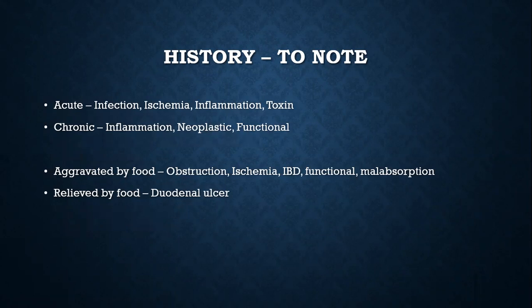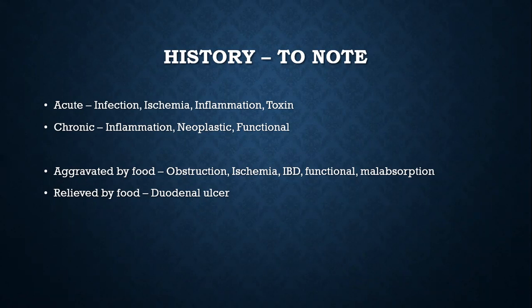And again, as I told you, the etiology is the next thing to ask about in history. We can get at it by just asking two questions. One is the time of onset, whether it is acute or chronic. The second is the relation of the symptom to food.